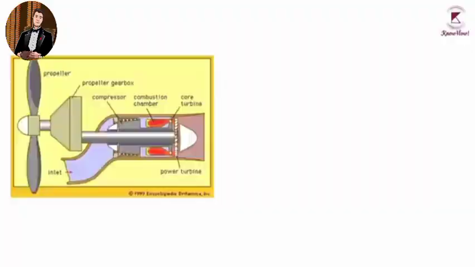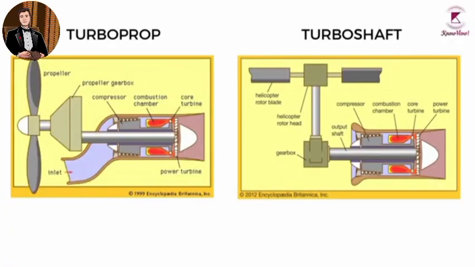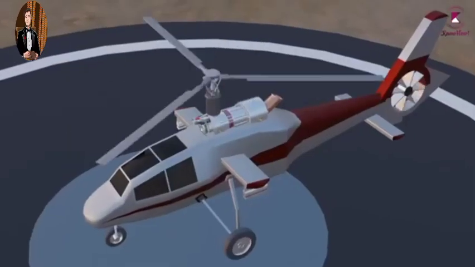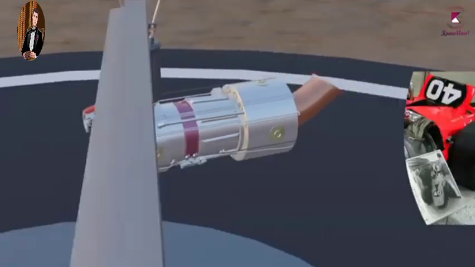A variation of the turboprop engine is the turboshaft engine. In a turboshaft engine, the gearbox is not connected to a propeller, but to some other drive device. Turboshaft engines are used in many helicopters, as well as tanks, boats,